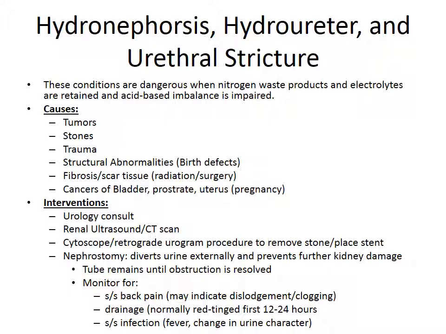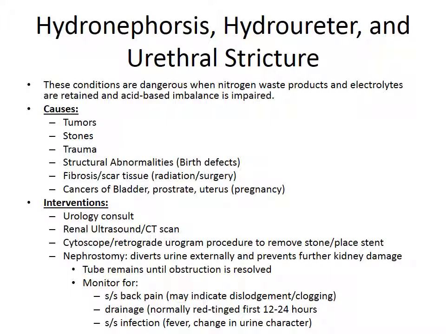Causes of hydronephrosis, hydroureter, and urethral stricture include tumors, stones, trauma, structural abnormalities such as birth defects, fibroses and scar tissues due to radiation or surgery, cancers of the bladder and prostate, and issues with the uterus due to pregnancy. Interventions include a urology consult, a renal ultrasound and CT scan to diagnose the actual issue, a cystoscope or a retrograde urogram procedure to remove stone and place a stent, or a nephrostomy, which diverts urine externally and prevents further